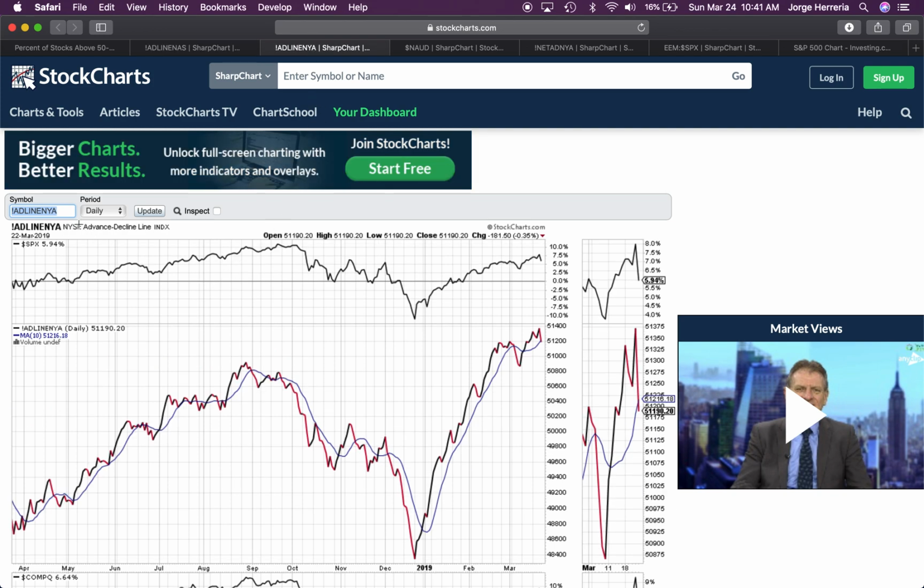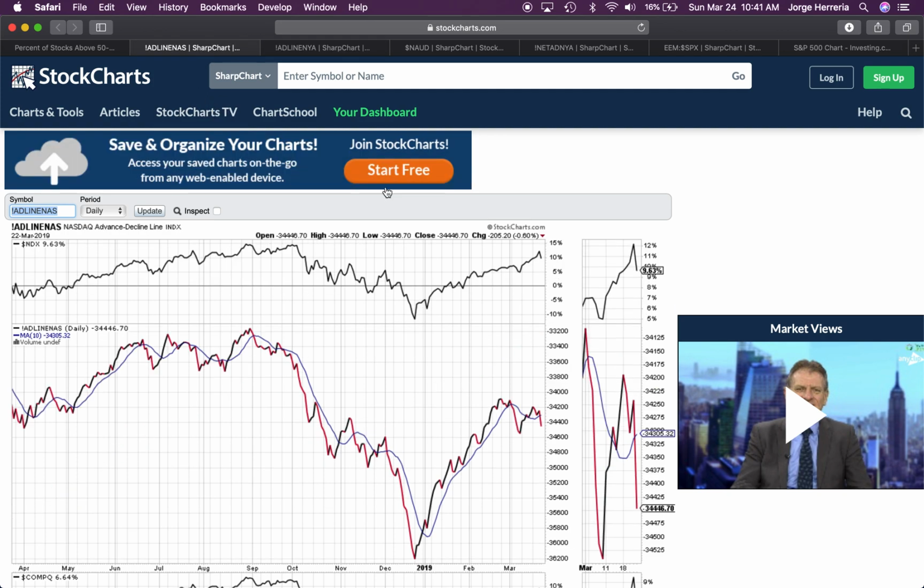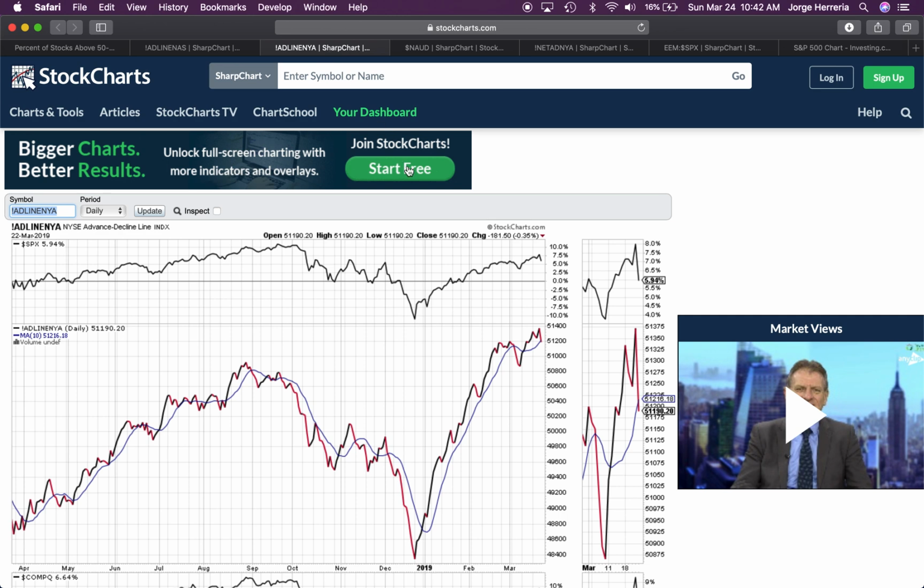A similar chart, but now on the NYSE, and the NYSE closed a smidget below the 10-week moving average, and here are the highs in September. Now this one has made a higher high, so we have had divergence there on the advanced decline line. But nevertheless, going back to the short term, it crossed below, but this chart looks way better than this other chart. So that's telling me why the mild pullback